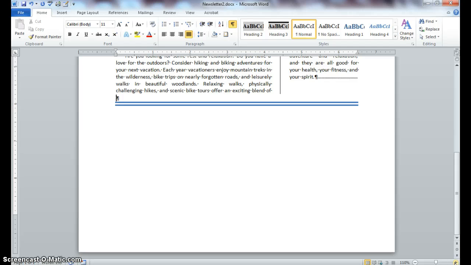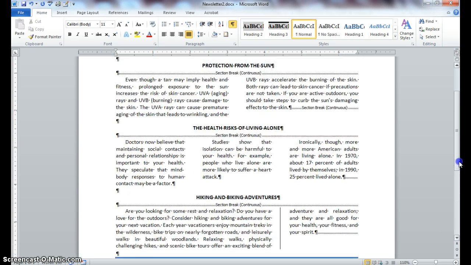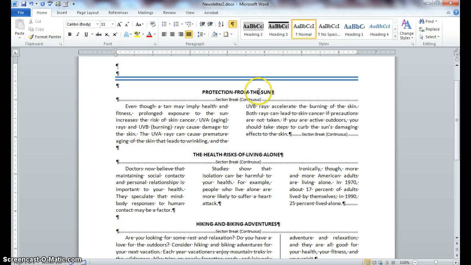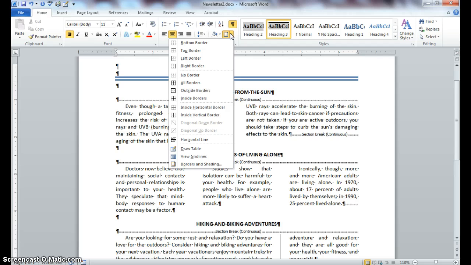All right, so now we will position the insertion point in the second heading. I'm sorry, in the first heading, Protection from the Sun. So go there, and in the paragraph group, we will click on our borders button again, and this time we will select